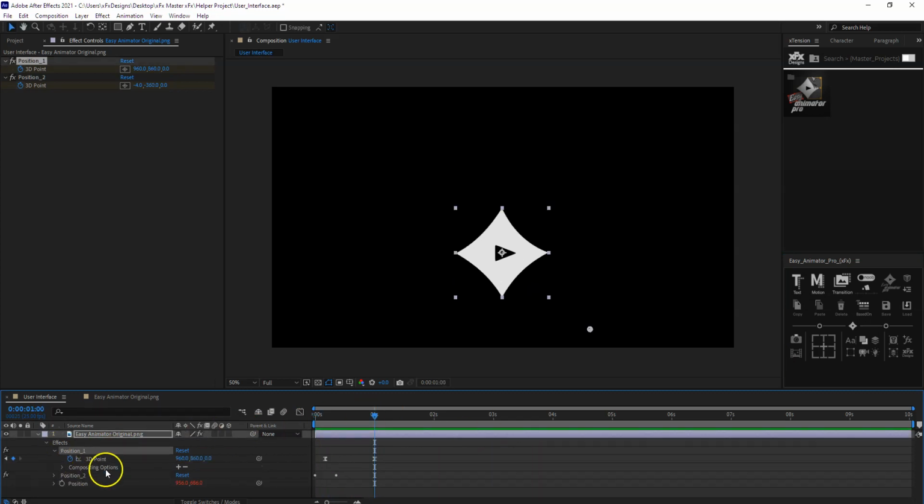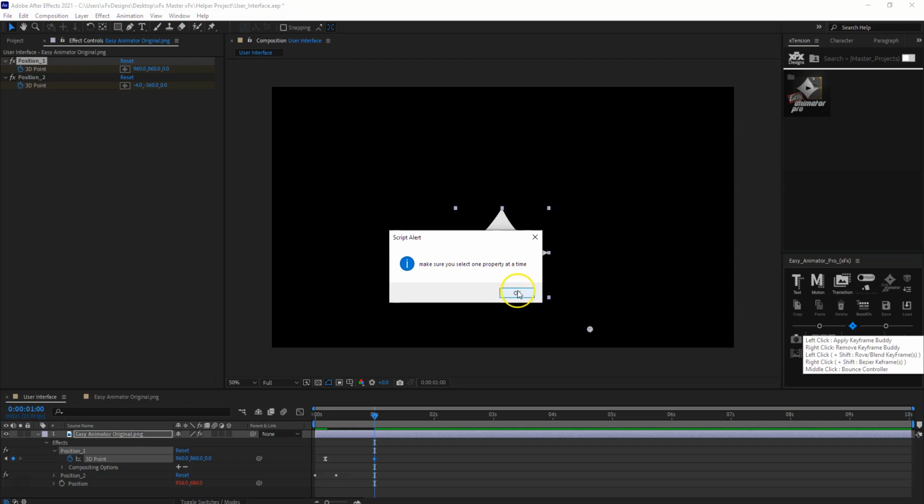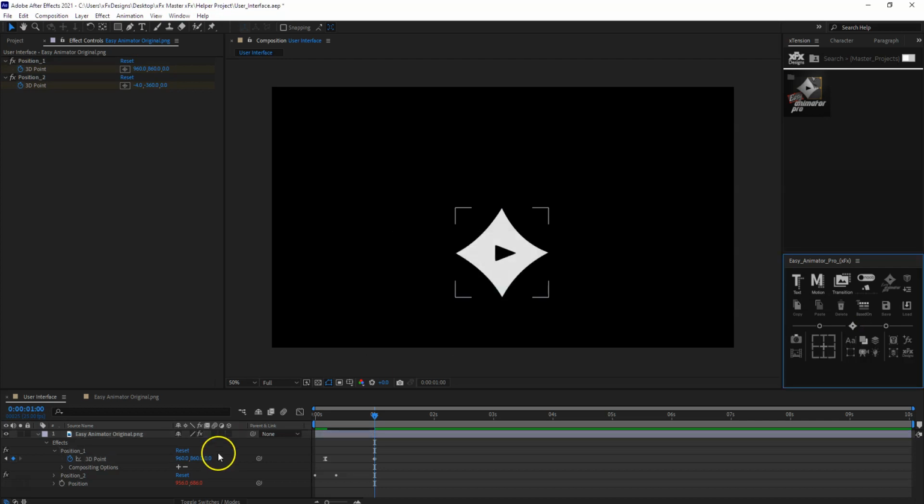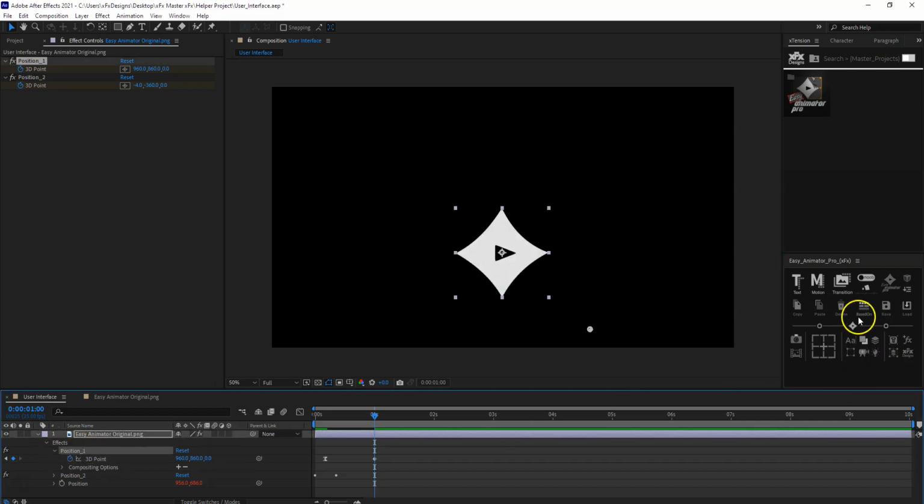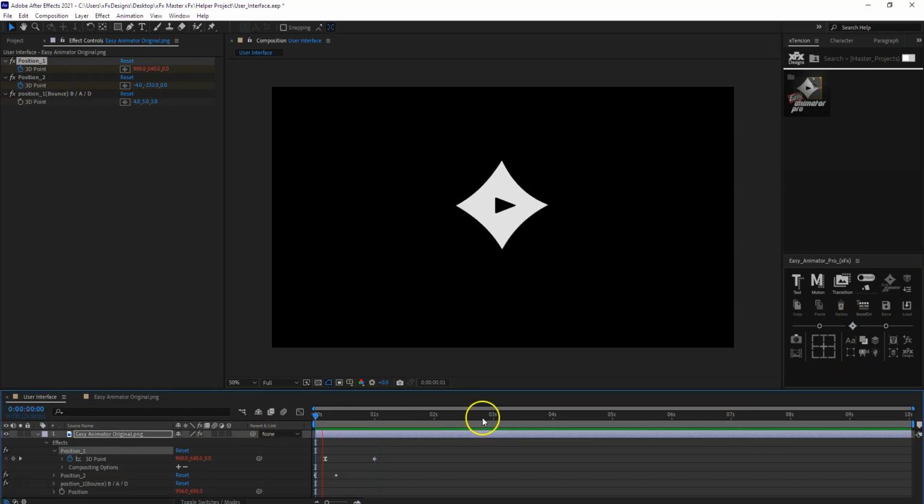Also we can add a bouncer preset here. Let's quickly show you this one too. And now we can middle click and we've got this bounce controller. It says please make sure to select one property at a time. We need to select position number one, and now we can add this one. Now as you can see, we've got this cool expression